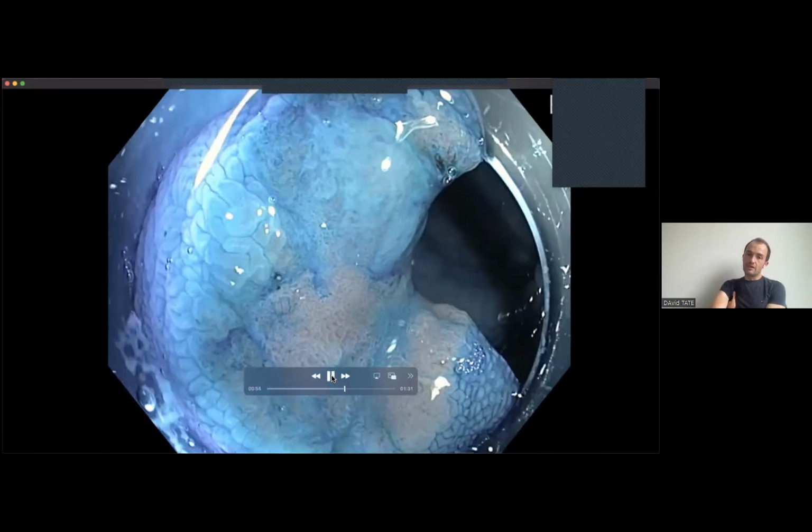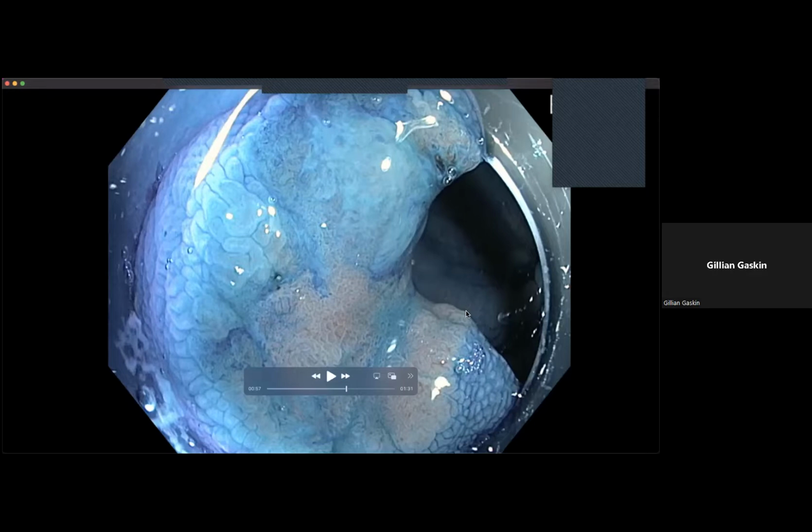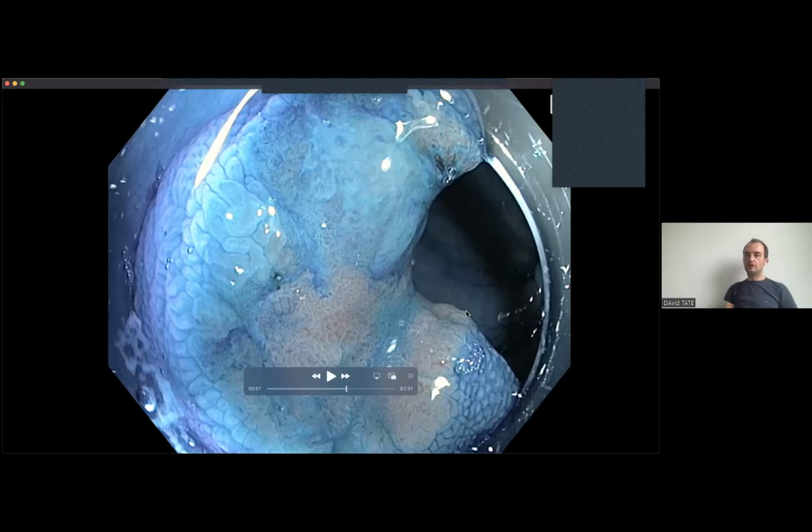So the question is this, and you can beautifully see the demarcated area here: is this demarcated area regular, or irregularly regular, or completely irregular? Is there maintained structure at all? Doesn't look to be maintained at all. Okay, and where exactly would you think? Completely different. Yeah, that's true.